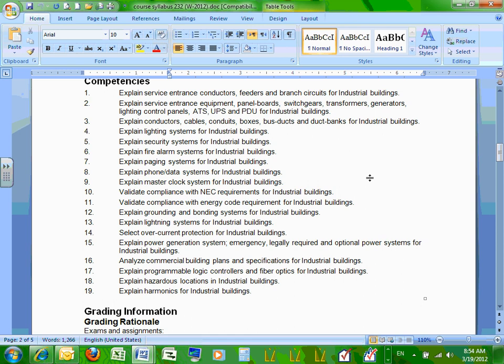For example, explain service entrance conductors, feeders, and branch circuits for industrial buildings. What's the difference between a branch circuit in an industrial building, a commercial building, or a residential building? The only difference is the wiring methods that you are allowed to use. So all this stuff we go through, guys, in the NEC code book. Explain service entrance equipment, panel boards, PDUs, UPS, ATS, all these things, how it works, related to the code. All these competencies, aka skills, we'll be going through in this code,